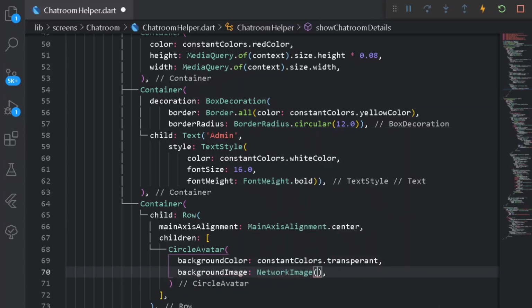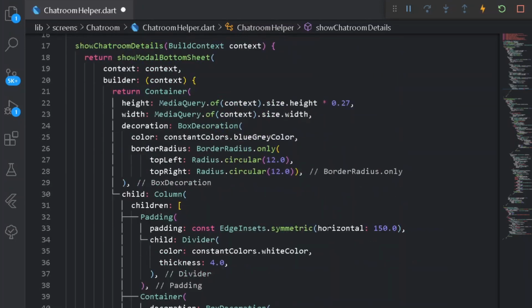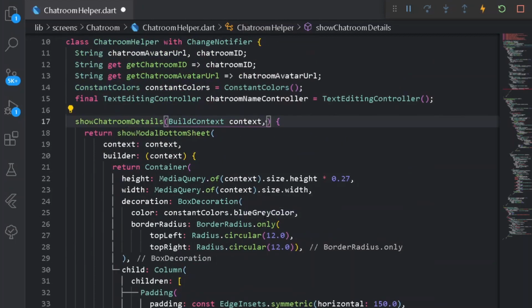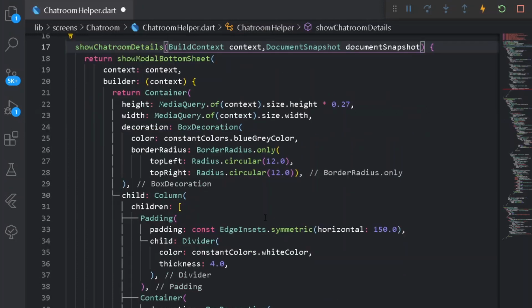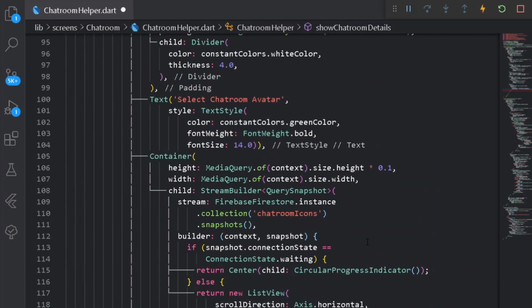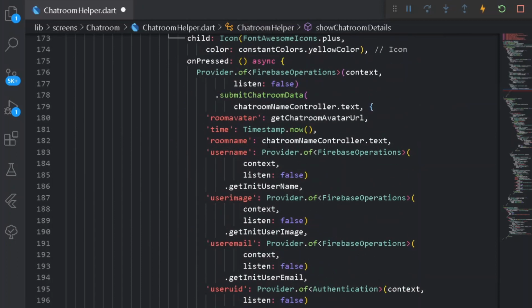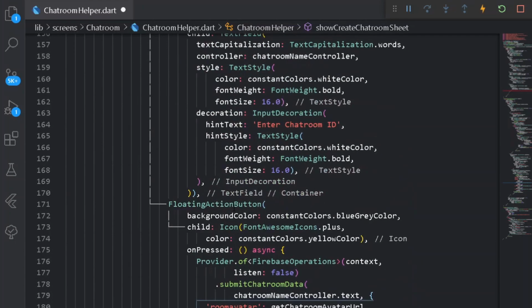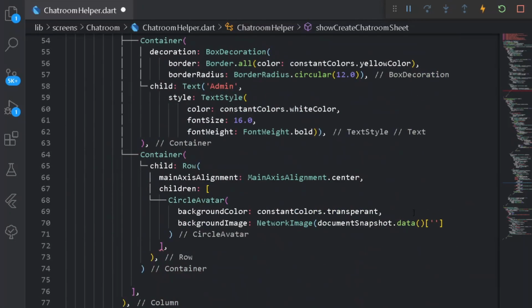So under the following network image we can simply have all of our data from the document snapshot, from where the following user shall be pressing over the chat room. So for that let's have a new argument here, a document snapshot, and here let's have document snapshot dot data, and from this data I can simply fetch the entity. So for entity we can go down here, and here we have provided user image as the entity, that is the admin image. So let's paste it here.